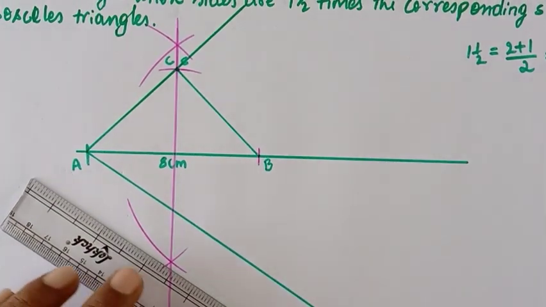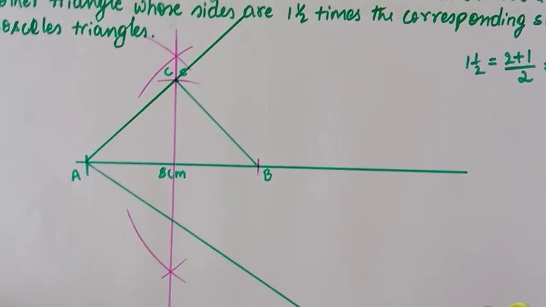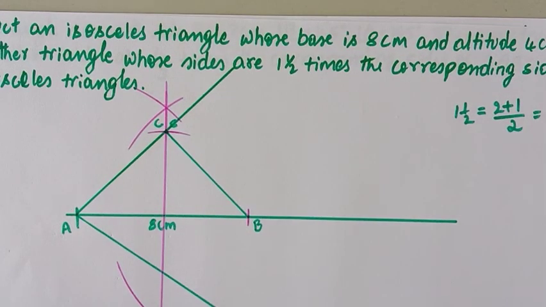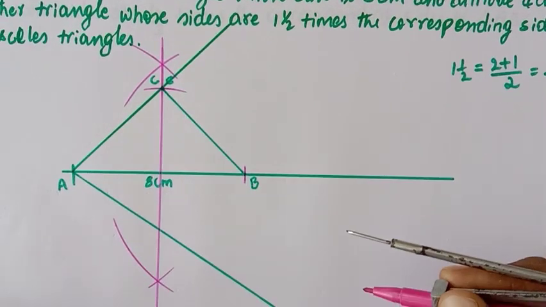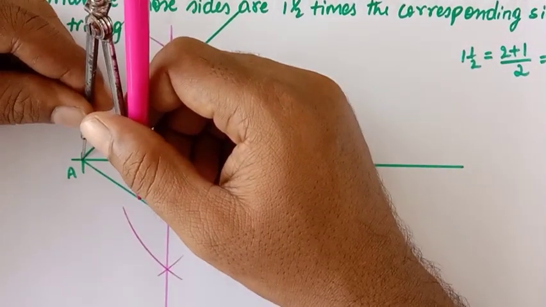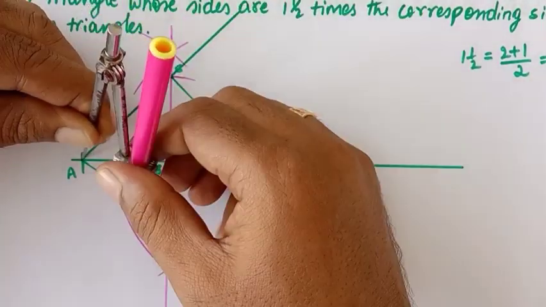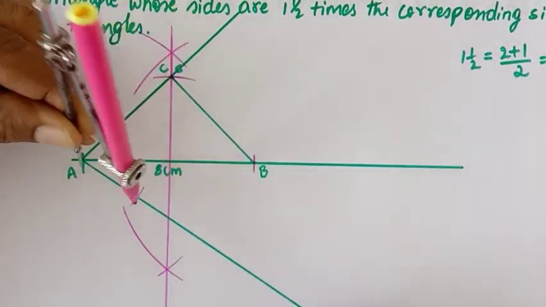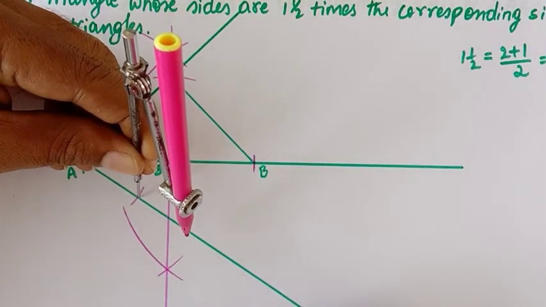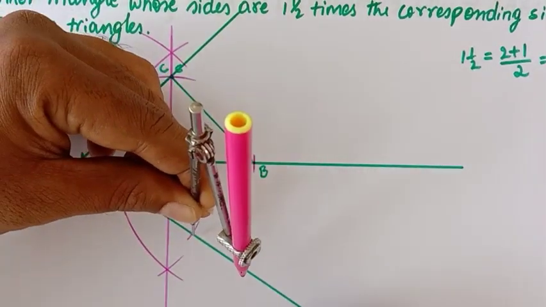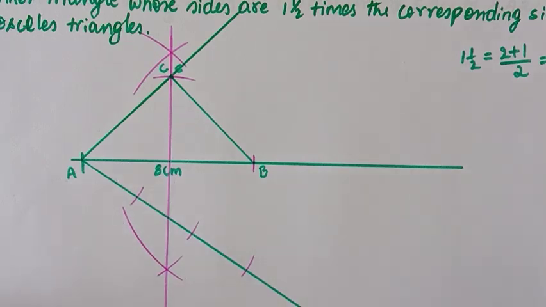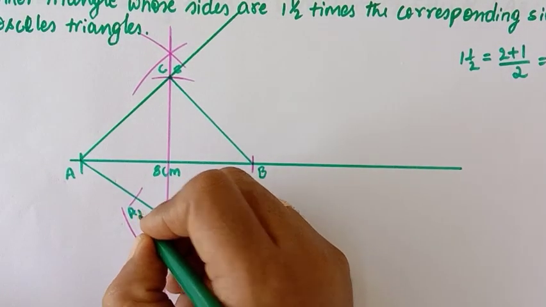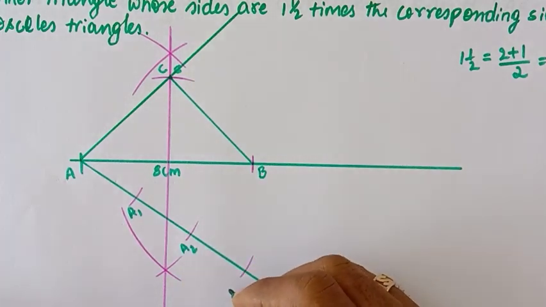And then I will cut this into 3 parts. I will cut this line into 3 equal parts. So 1 part, 2 part and 3 part, and I will name this arc as A1 and this as A2 and this as